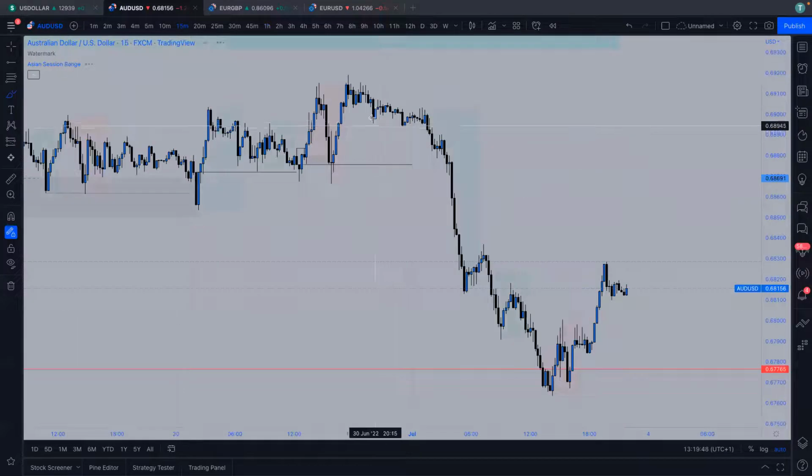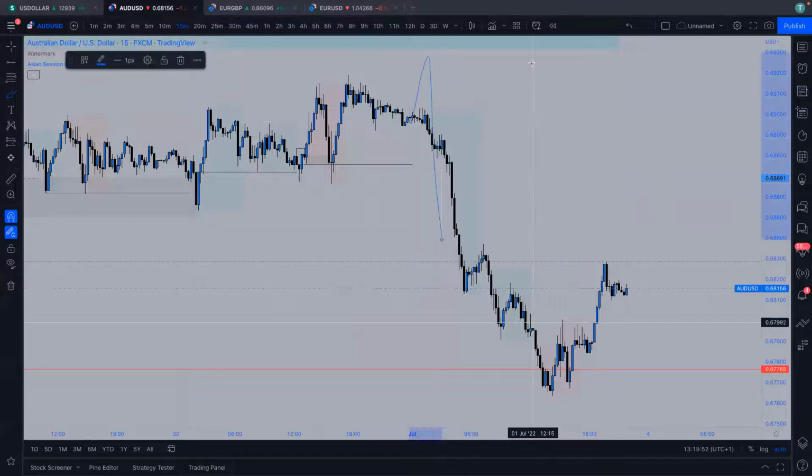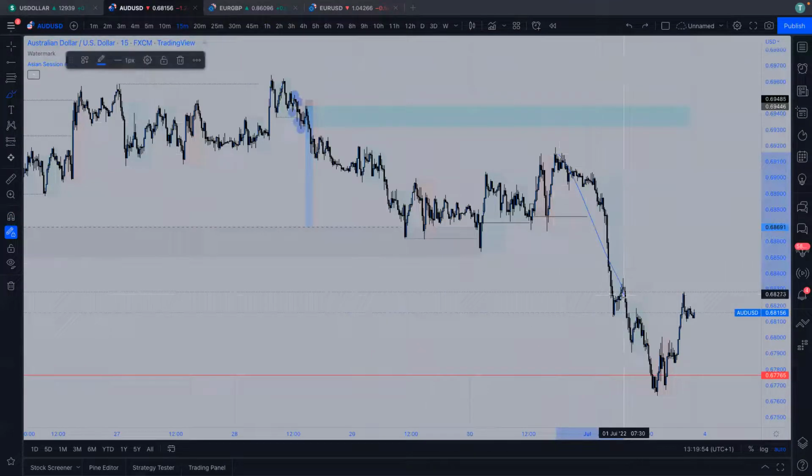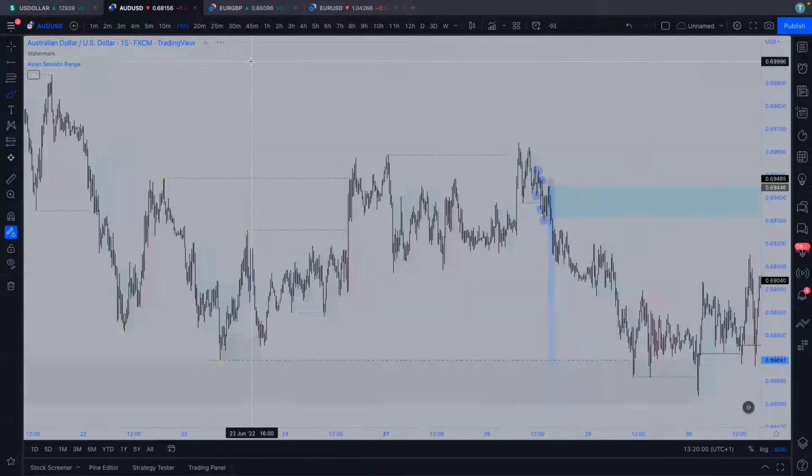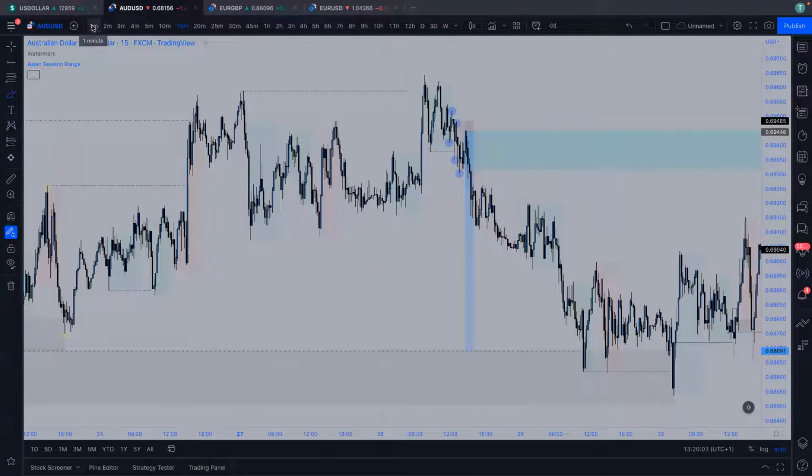For me personally, I wouldn't have liked to have placed a sell in here knowing that we could have had that run and continuation. So when sometimes things like this happen, yeah, it's annoying, but it is what it is. We just got to move on. But there was a really, really nice opportunity going in on the 1 minute.